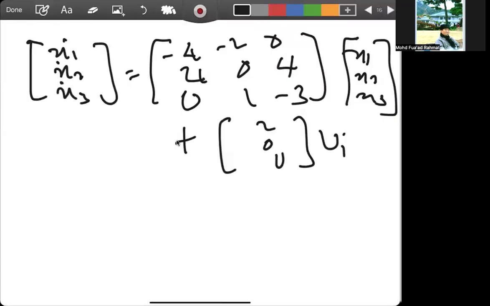This is the state equation, and the output equation will be